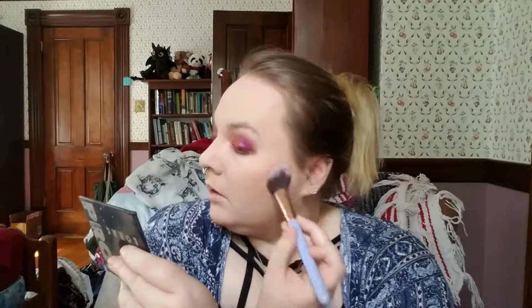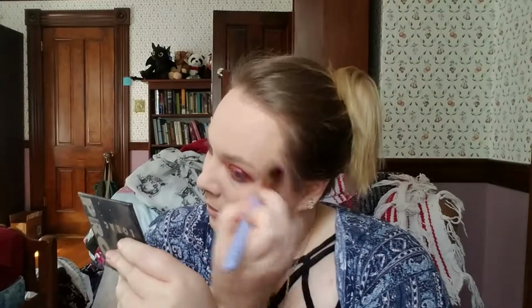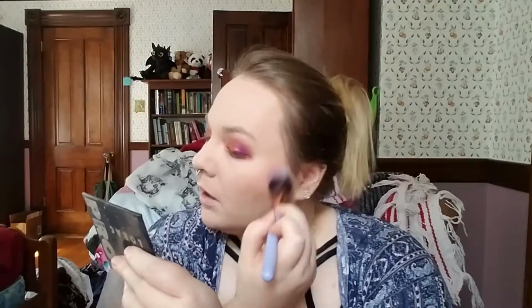I've been making some progress on the things I'm trying to work through. I'm feeling more alright with just wearing lazy makeup. I had it in my head that you were supposed to do new and interesting looks and always be creating new things and pushing your boundaries, and it's fine to have lazy makeup. It's fine to have something that is mindless and easy to put on. It's fine to wear the same makeup all week if you want to. And I've kind of just been getting used to that,